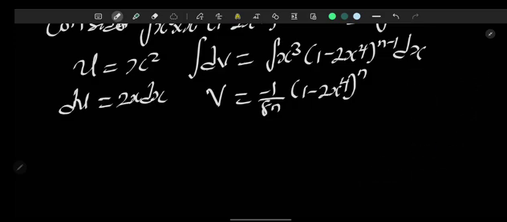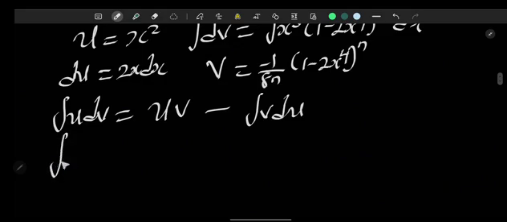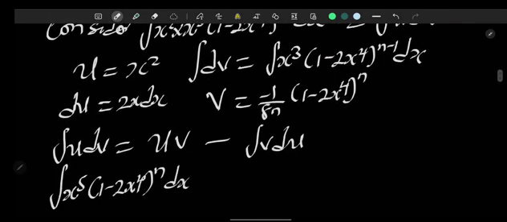Okay, so the next thing now is to make the substitution in integration by parts formula, where the formula is given to be integral u dv equals uv minus integral v du. Okay, so we have integral x to the power of 5 1 minus 2x raised to the power of 4 n dx. Okay, n minus 1, then dx